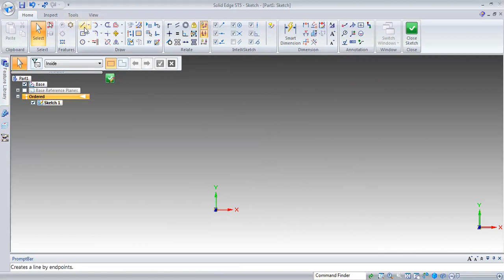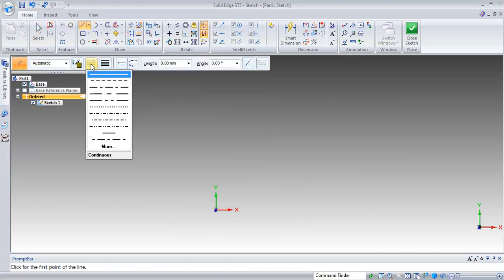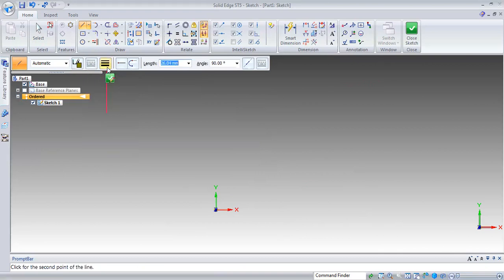So again you have to go to the line type. Again there are various types of lines: continuous line, discontinuous line, center line, all these things. And you have to give the thicknesses also. You can vary the thicknesses. By default there will be 0.70 mm, and you can modify as per the requirement.